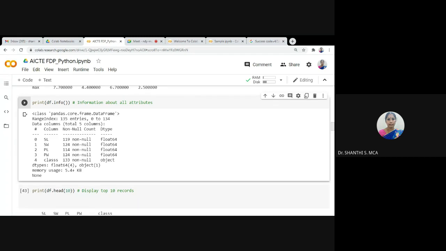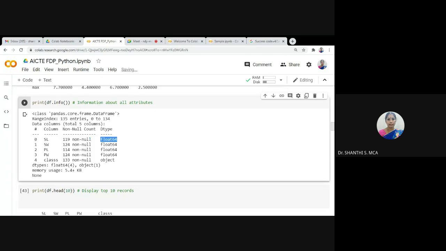So totally we have 5 columns. Then we have not null values. This will give you the number of entries in each column having a not null value, and the data type of each column.